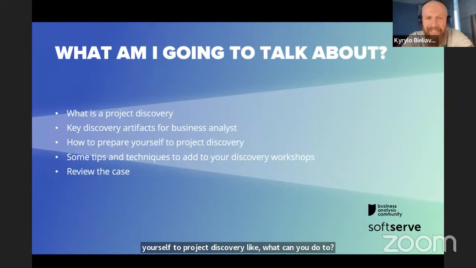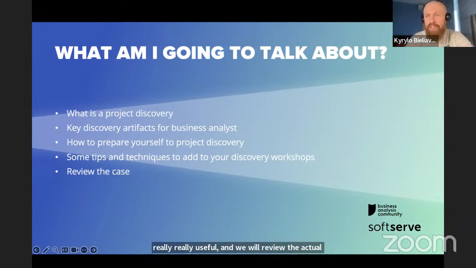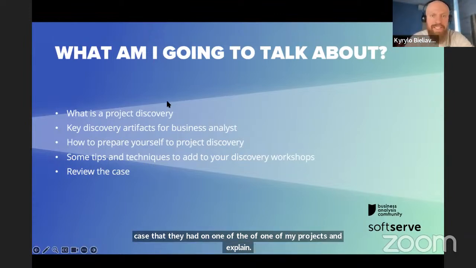Also some tips and techniques to add to your discovery workshop. I will not be focusing on straightforward things that everyone is doing, but maybe some additional stuff that I don't expect most of you are doing on discoveries. I will shed some light on those techniques, which are really, really useful. And we will review the actual case that I had on one of my projects, and I will explain to you how I used one of the techniques